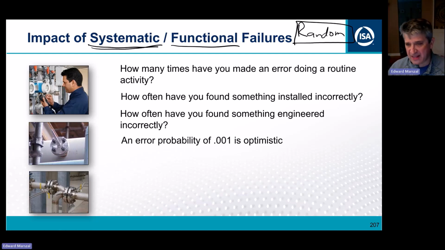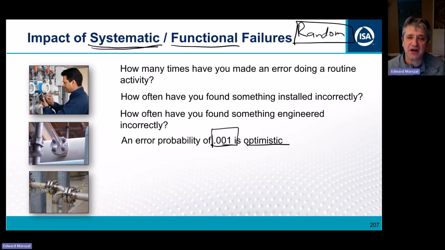Now, if we say that every activity has a probability of failure of 0.01, how many activities went into the design of your safety instrumented system? Now, the probability of doing something wrong is a strong function of what you're doing. So saying that a human error probability of 1 in 1,000 is optimistic, well, that's not necessarily true. So the probability that I will be able to bounce a quarter off of this table and have it land in my coffee cup, 1 in 1,000 would be optimistic.